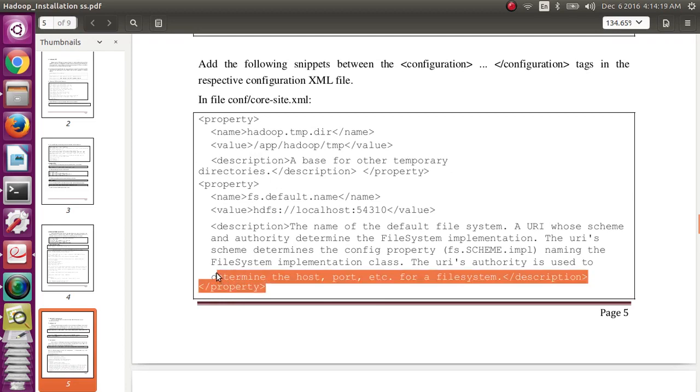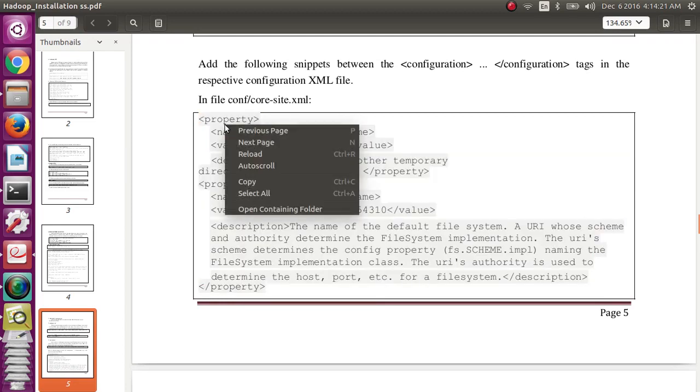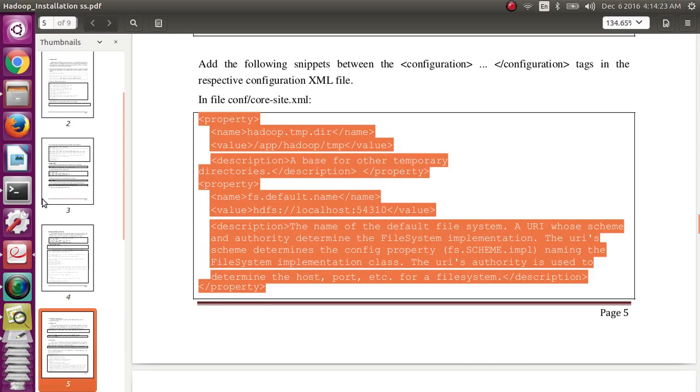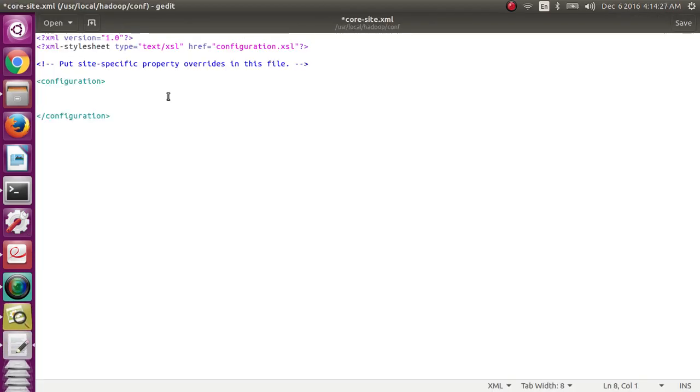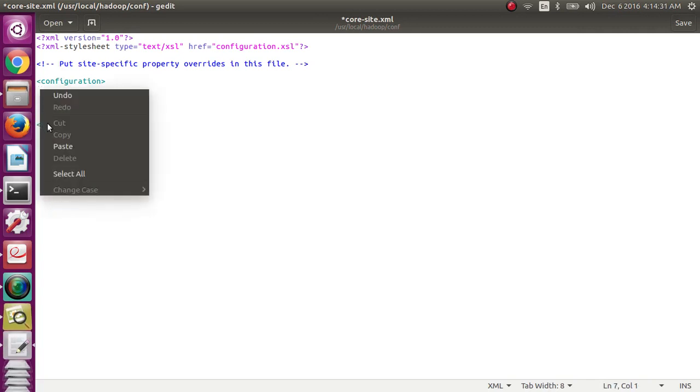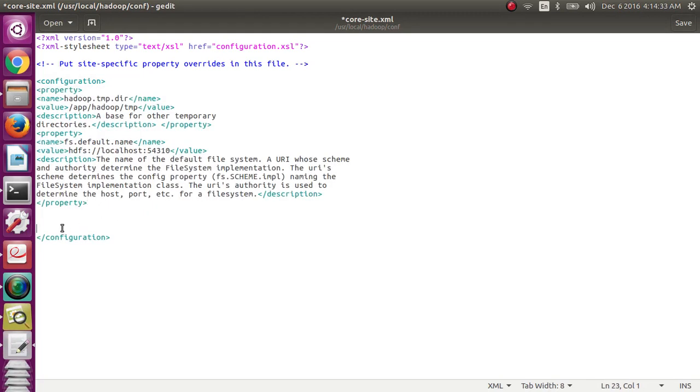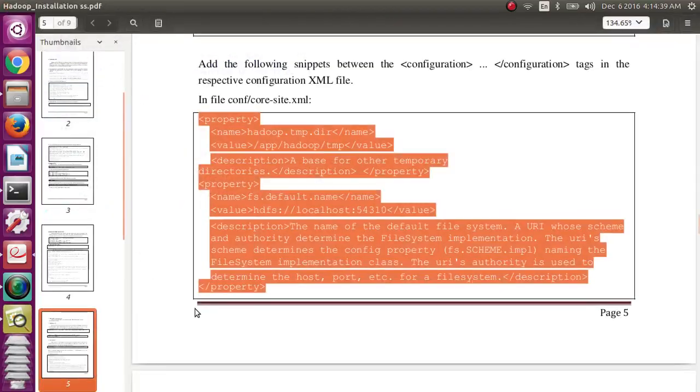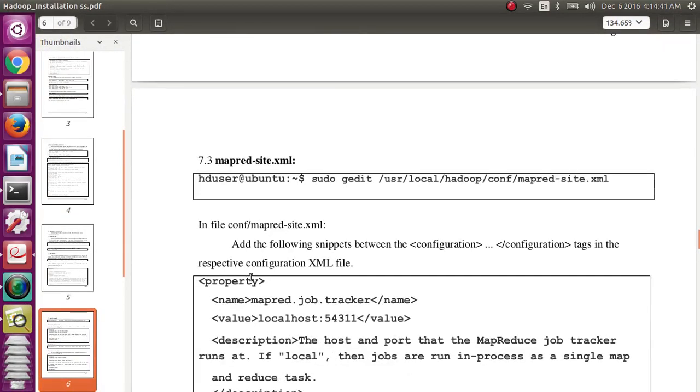You just copy and paste in the core-site.xml under configuration. You just paste it, save and exit.